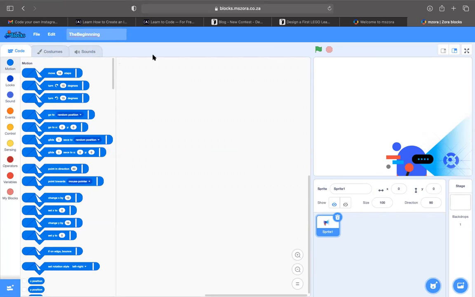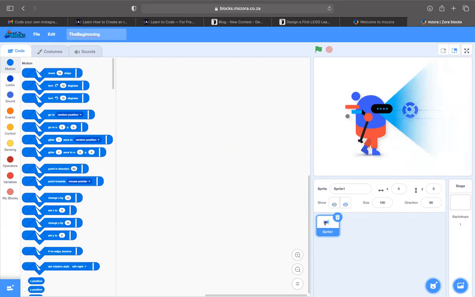And we have our coding area right in the center, or in the middle of our screen. This is where all the code that we are going to use is going to sit. So this is our code, and we are going to place our code on this section here. All right. Then on the top right of our screen, we have our play area.